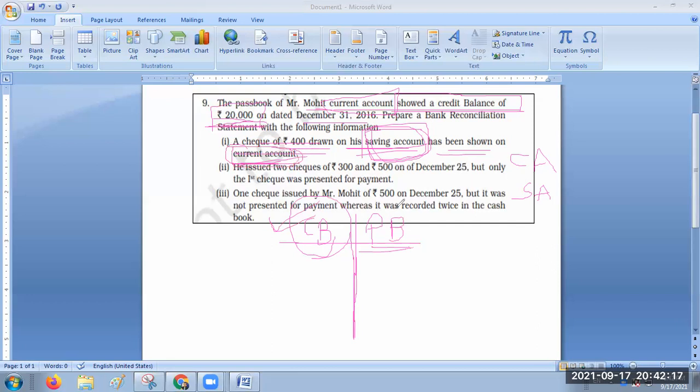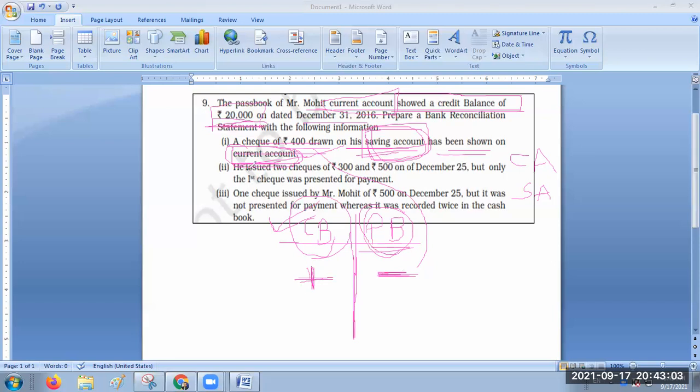Okay. So we are related to current account only, no? Current account balance only we are going to find out. See, in passbook they have mistakenly given 400 rupees to the customer to whom we have issued a check. So here current account passbook balance will be less, whereas that 400 balance will be more in our savings account. Did you understand? Yes, sir. We have issued a check on our savings account, but the banker has mistakenly given our money from our current account. So here current account balance will be less in passbook, whereas it will be more in our cash book.